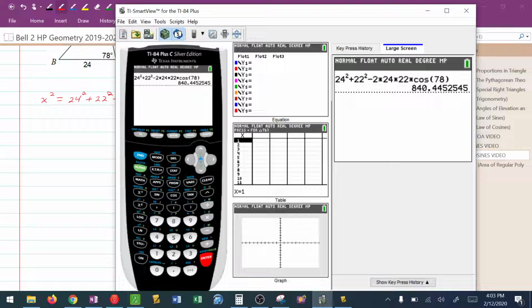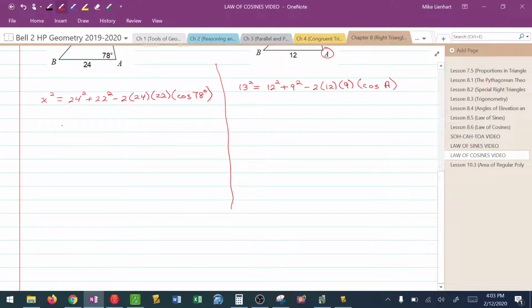Now, I want to take the square root of this decimal number here. The calculator can do this for me. I'm going to go second X squared, which gets me the square root function, and then second negative, which puts the previous answer in there. I hit enter, and now I'm going to round to the nearest tenth, which would make this 29.0. And if you notice, guys, the whole key to the law of cosines is you got to know how to operate your calculator. All right, so in the second scenario, we have to move everything that's on the same side